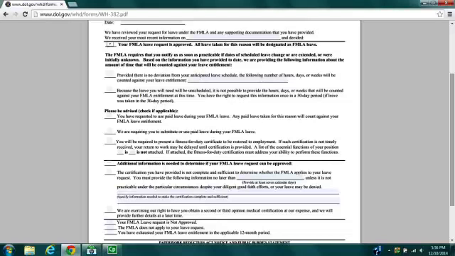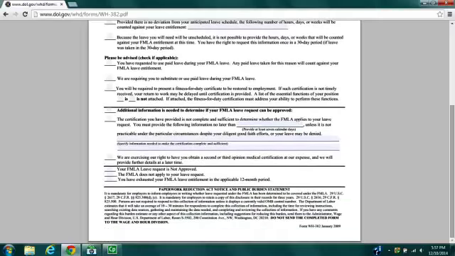If for some reason the leave is not approved or the employee is not eligible for family medical leave, you can indicate that in these boxes here. And certainly you want to get that information to the employee right away, because the employee has a right to know legally within 5 days whether or not the leave has been considered covered by family medical leave. Please feel free to contact Human Resources if you need any further assistance with any of the Department of Labor